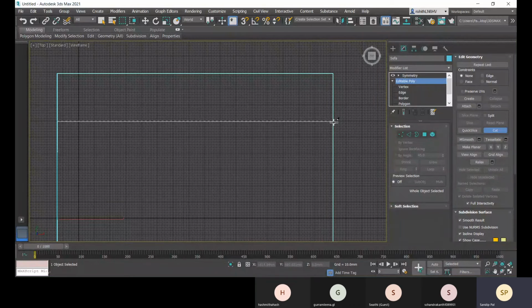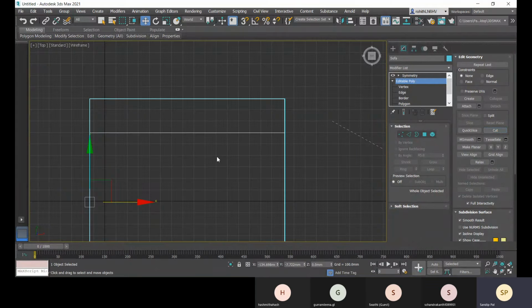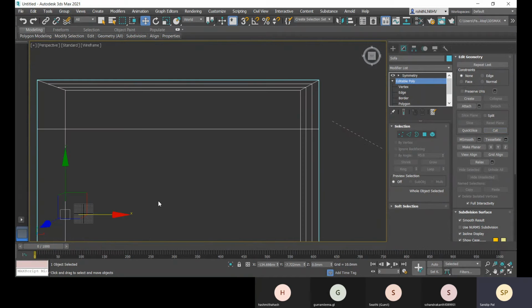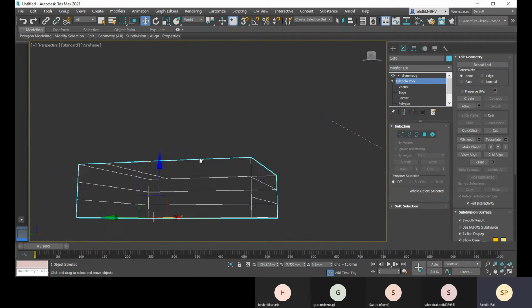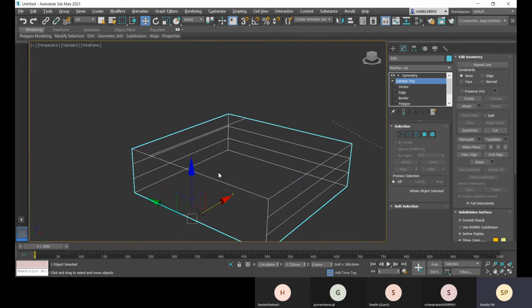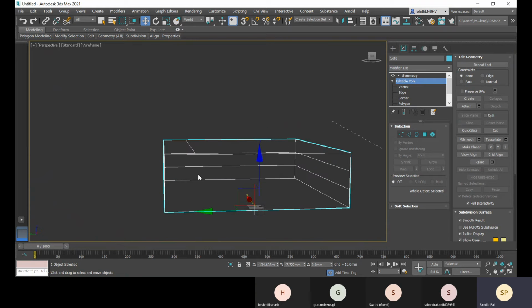You have to go manually here, and that is done. Click here to deselect. Now come to this perspective.